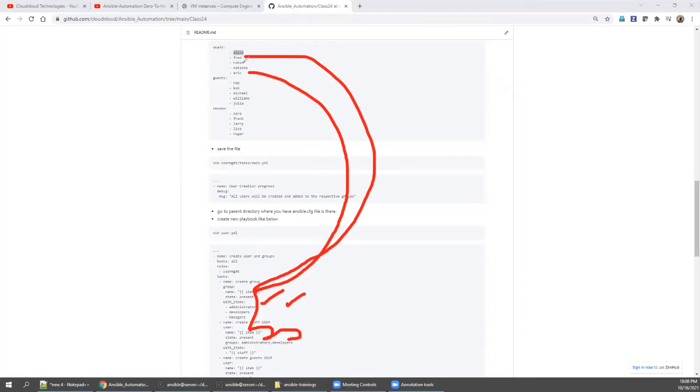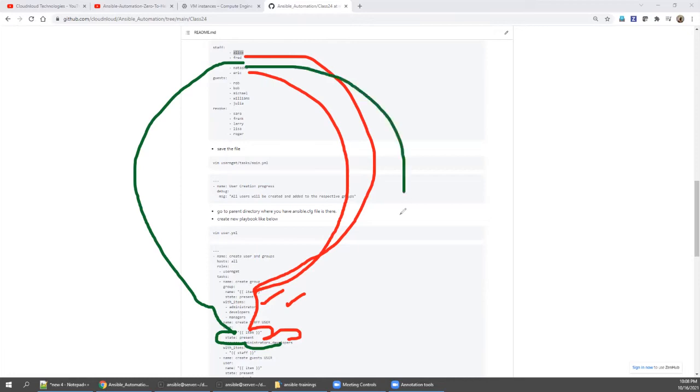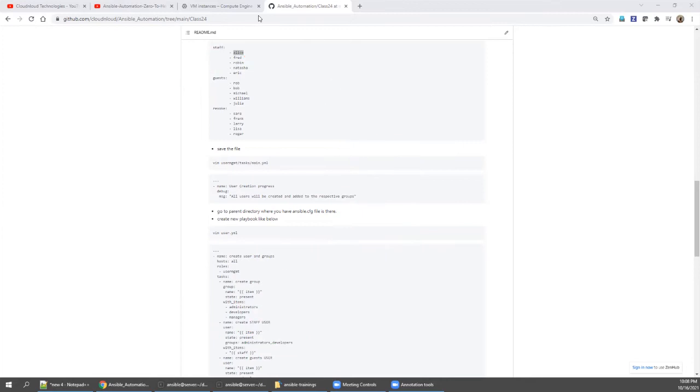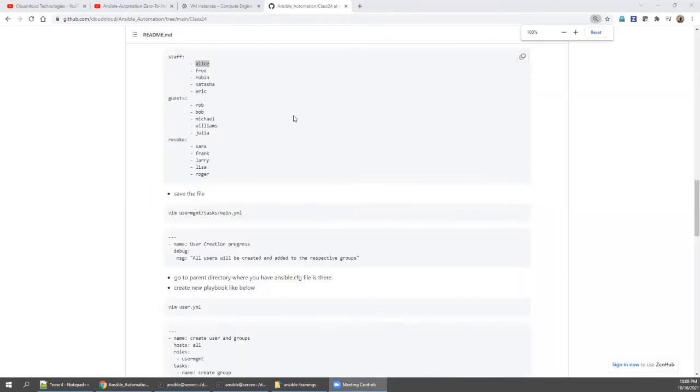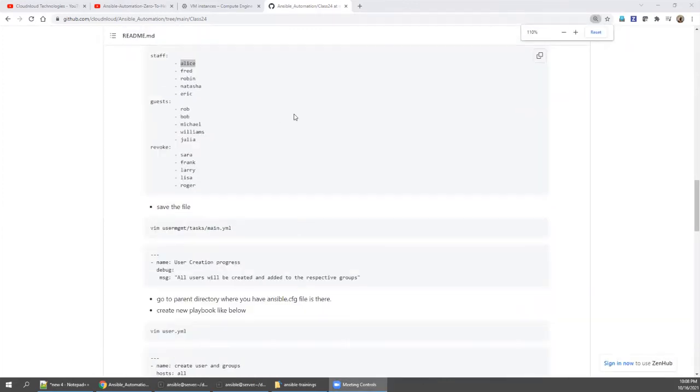And Robin will be created, the user will be created, and after creation it will be added to the administrator and the developer group. And Natasha will come here and will be created, and then it will be added to administrator, and then it will be added to the developer group, right? This is how everything will be created and added to the respective group.